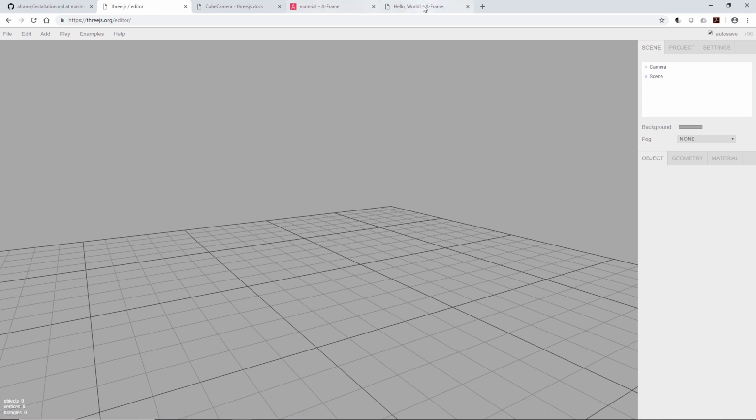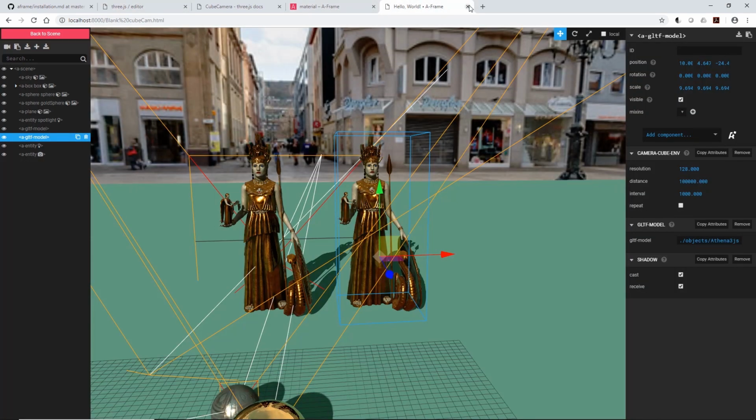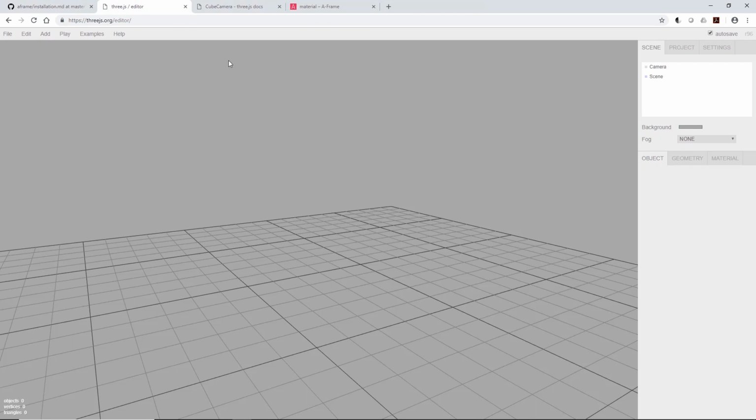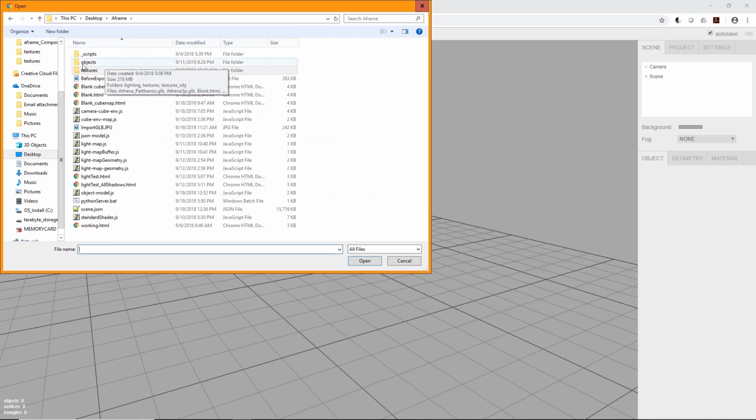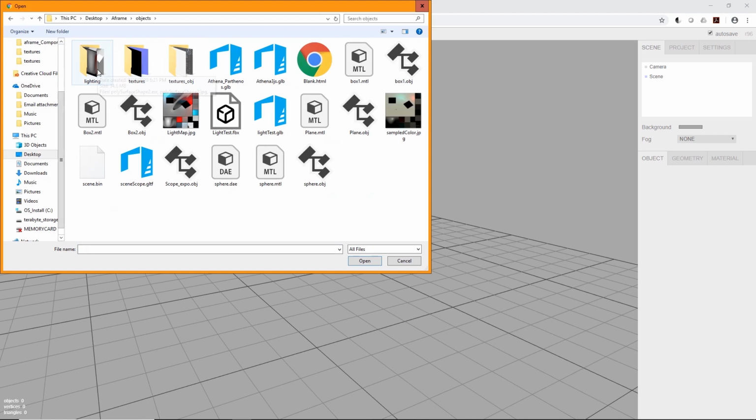Let me go ahead and close this hello world so that I'm not rendering that. So we'll load, import, and I will go out to my objects. Now the question is, which one do I want to load? Probably